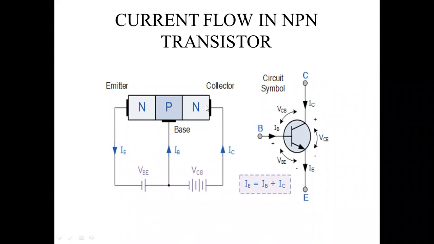The current flowing in the N type semiconductor is called IC, the collector current. When we give the positive supply to this N type, the barrier potential of this junction increases, and it will not conduct at all. Electrons are already there, and we are injecting holes. A reverse current will be produced and it will stop; it will not break this junction. Does this junction break after giving the positive supply?